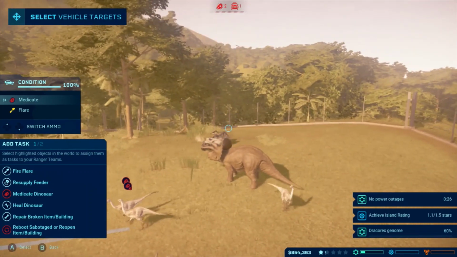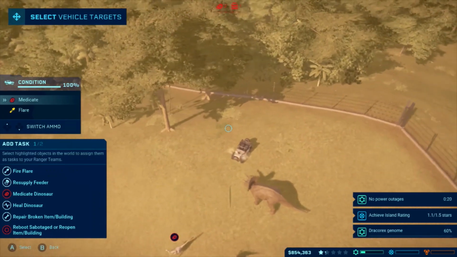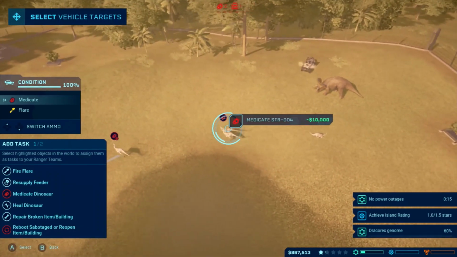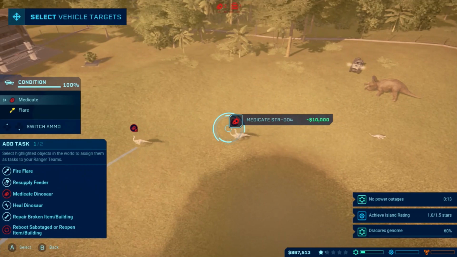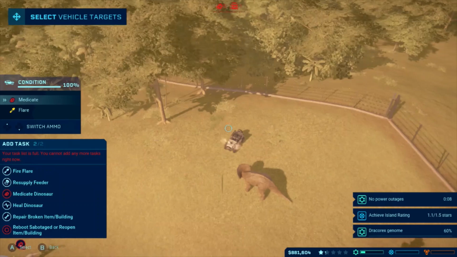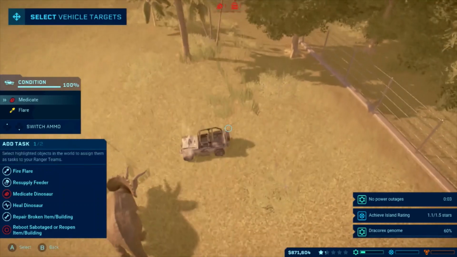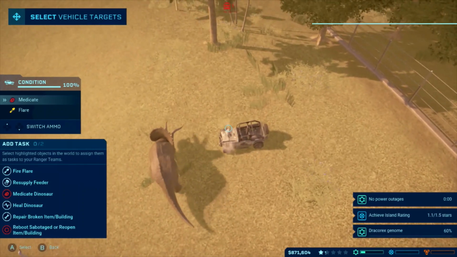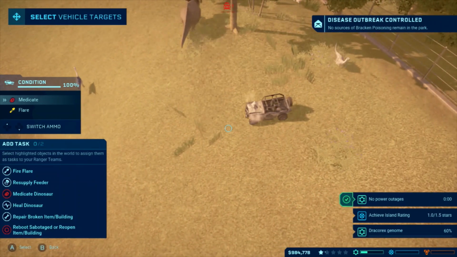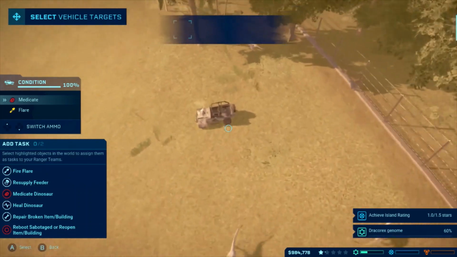Okay. And then we need to see if we can get them to fix this somehow. Okay, so we can see where they can get them to medicate. But how do we get them to fix this? No diseased dinosaurs detected. Okay, so the disease outbreak's controlled. We've done the no power outages contract, but we still need to work out what we do with this, because...